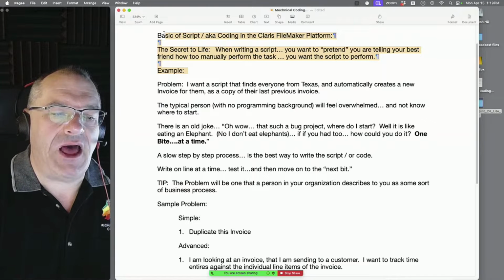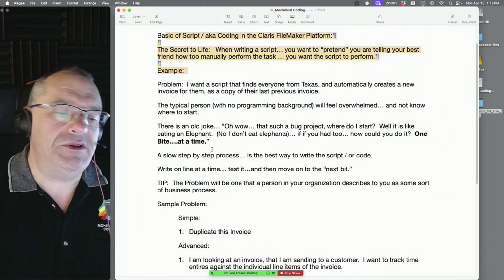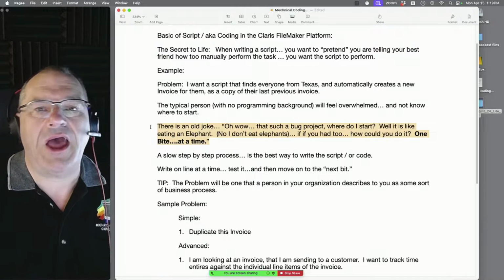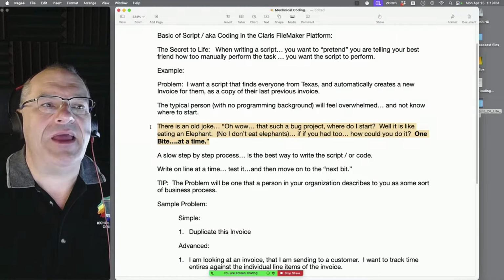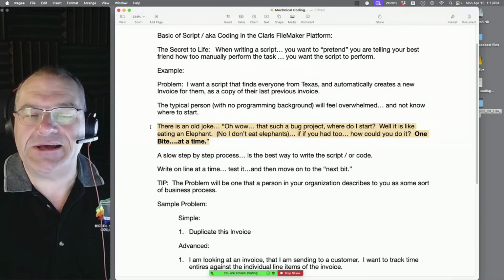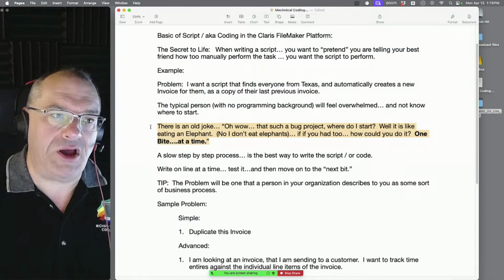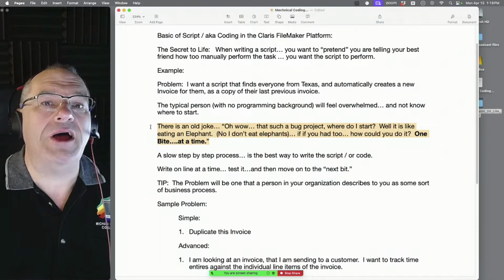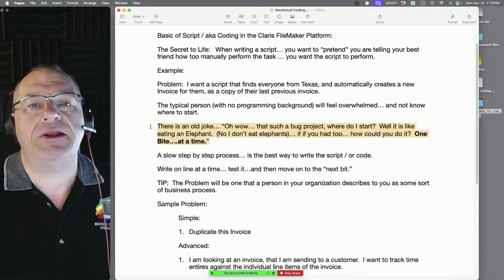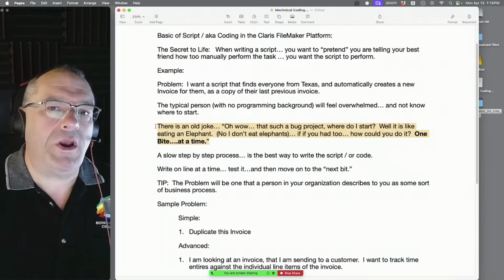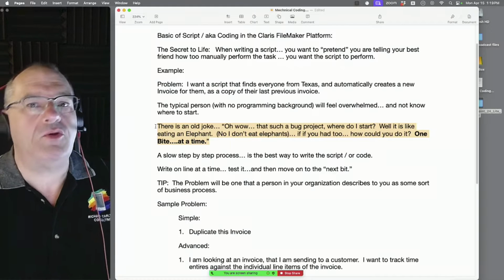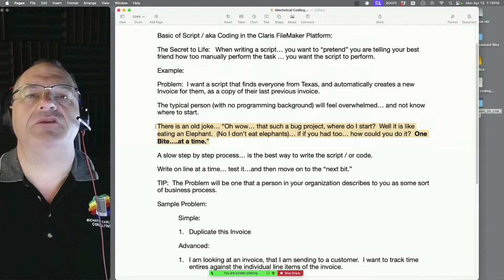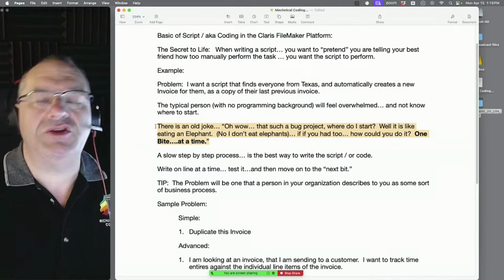And so there's this old joke, and I would never eat an elephant, but how do you eat an elephant? The answer is one bite at a time. If you have a big project, how do you solve that project? You solve it one little step at a time. So what I want to do is walk through a conversation. We say we're going to solve this problem. What are the individual steps to do that?